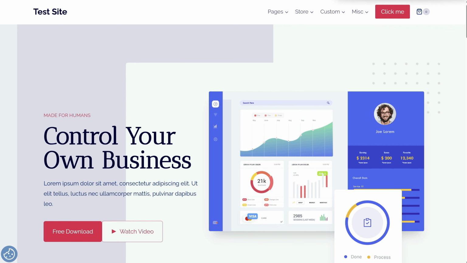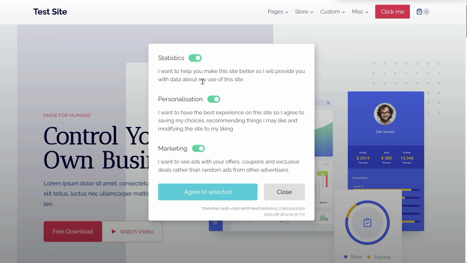Okay, so once somebody makes a choice on your website, every time they go and open the pop-up with your consent settings, they will have the consent ID and everything else here. This is everything that you need. The consent ID is actually the first part here. Yes, the numbers next to them are just a timestamp, and here we have also the time and date of consent,